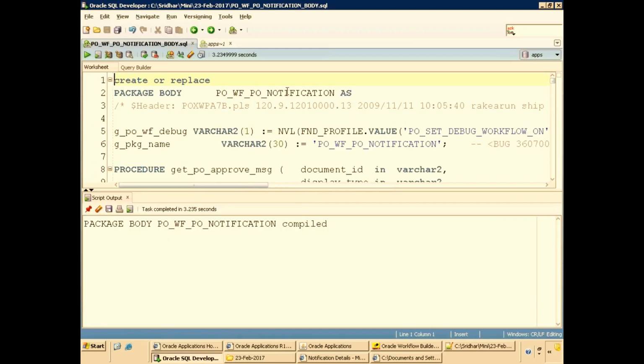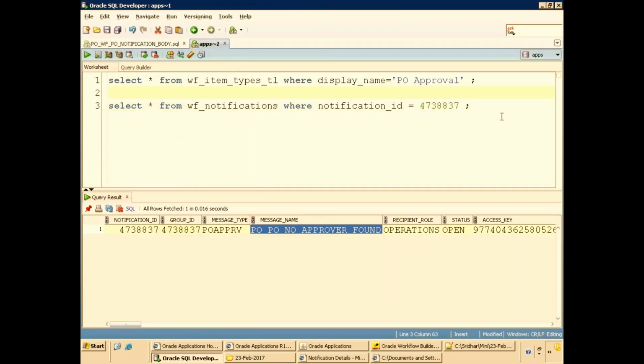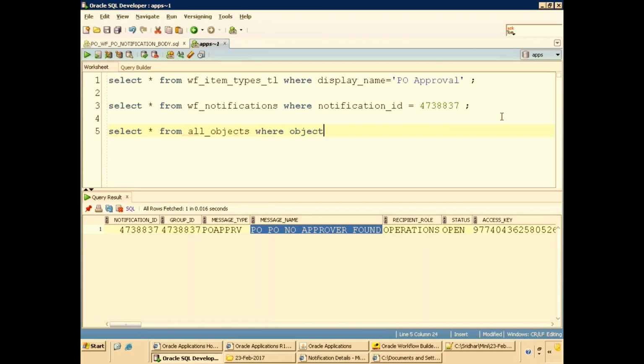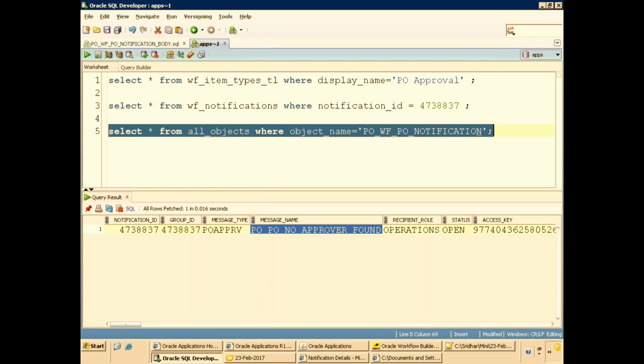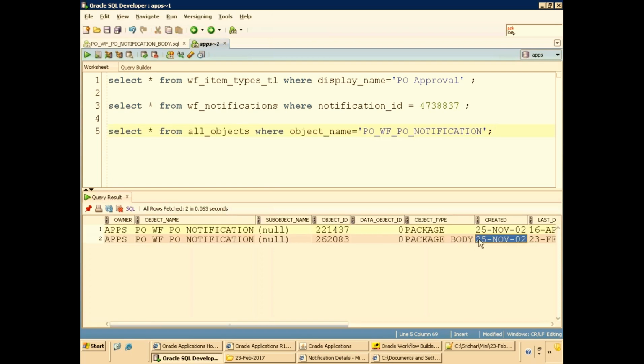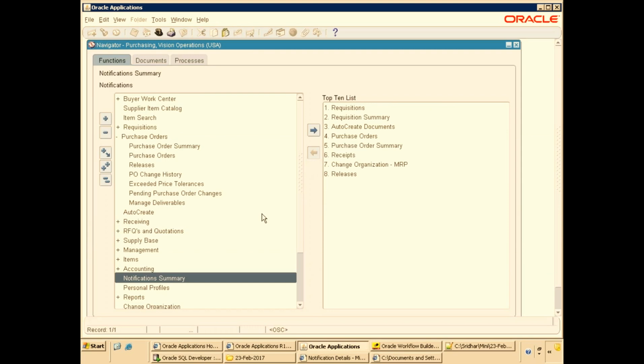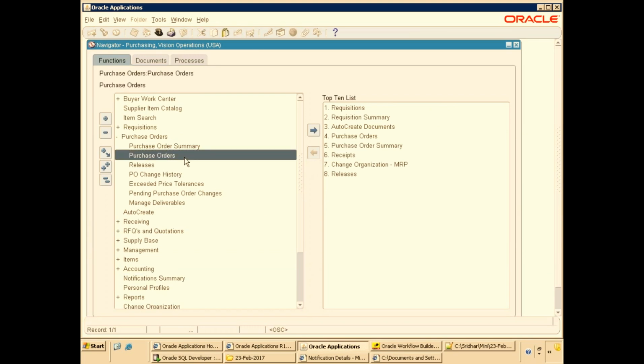So here, just check out the status of this one. It's select star from. This is a valid state only, but the workflow engine could not load the latest package. That's the reason it tells these kinds of things. So just wait for a few seconds, it'll get refreshed automatically. And if this happens frequently and it is not getting solved, the workflow engine has to be shut down and started again.